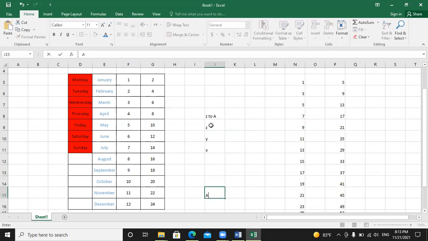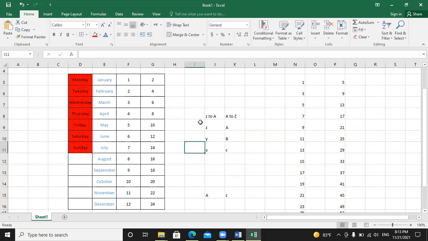The last one will be A. So this is sorting from Z to A, arranging data from Z to A. I have the other option also, that is A to Z. What do I mean by A to Z? It will start from A. The first letter will be A, the second letter will be B, and so on. The last letter will be Z.